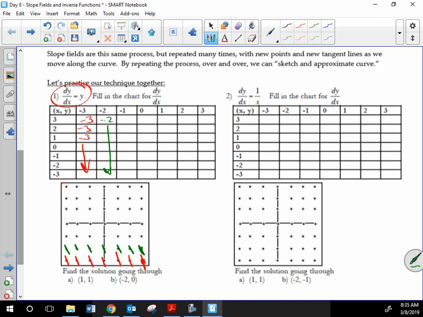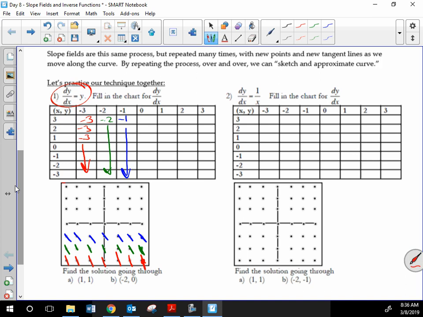Okay, so then our next one, the point 3, negative 1. Now we're looking at this point. When we plug it in, it would just be negative 1. So again, now my slope is a little less steep. And once again, it's going to be the same for this whole row. Now, we don't always have it be the same for the whole row. It just happens to be for this particular one. Okay, so then, as we continue down,